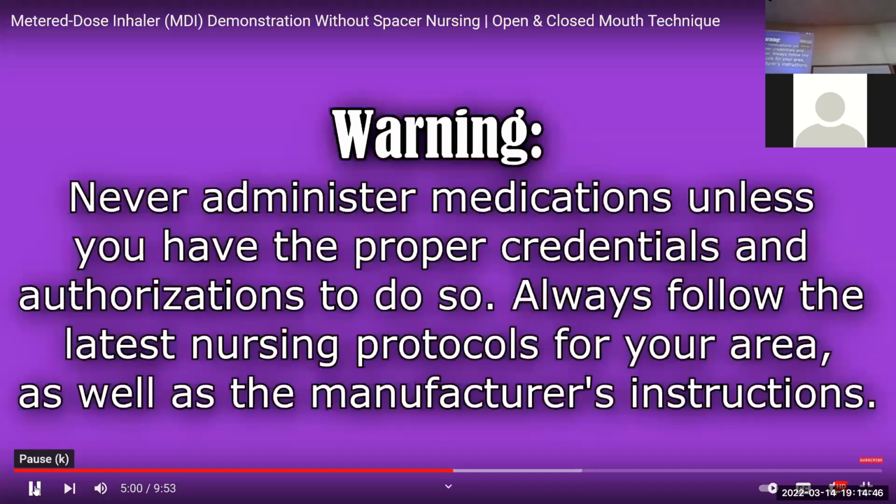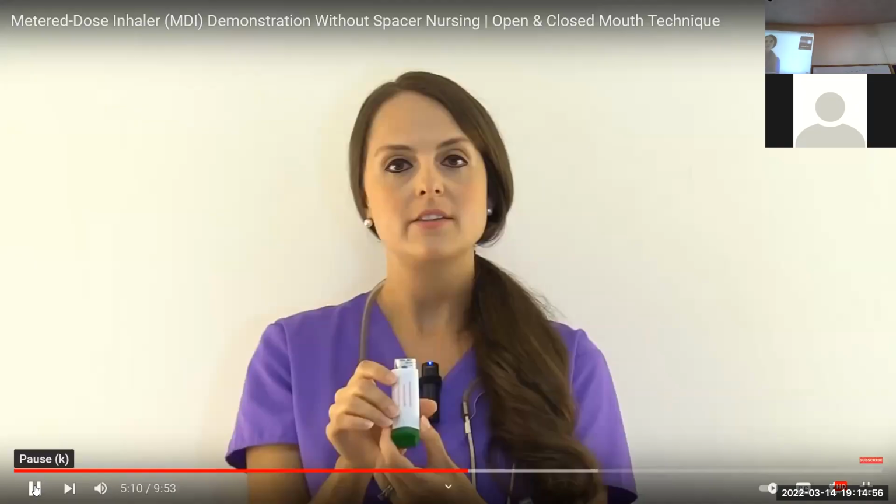Also, never administer medications to a patient if you don't have proper credentials or have not been trained, and always follow the hospital protocols. So, another thing,